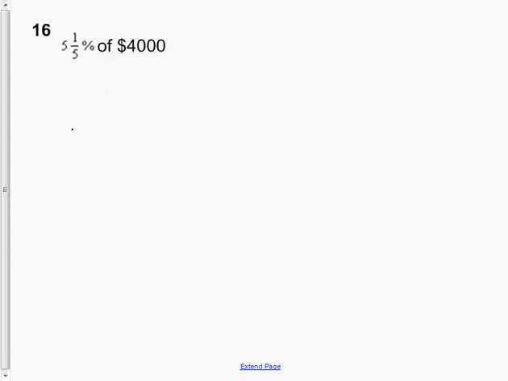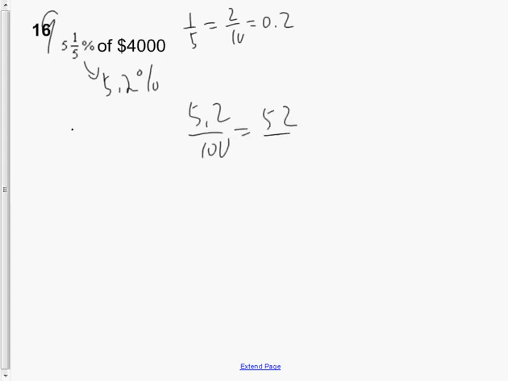Your next question, question 19, not 16, but 19. 5 1/5% is really the same thing as 5.2%, because 1/5 and 2/10 are the same thing. So 5 1/5 is 5.2. So 5.2% is a bad fraction and this is a better fraction, which as a decimal,